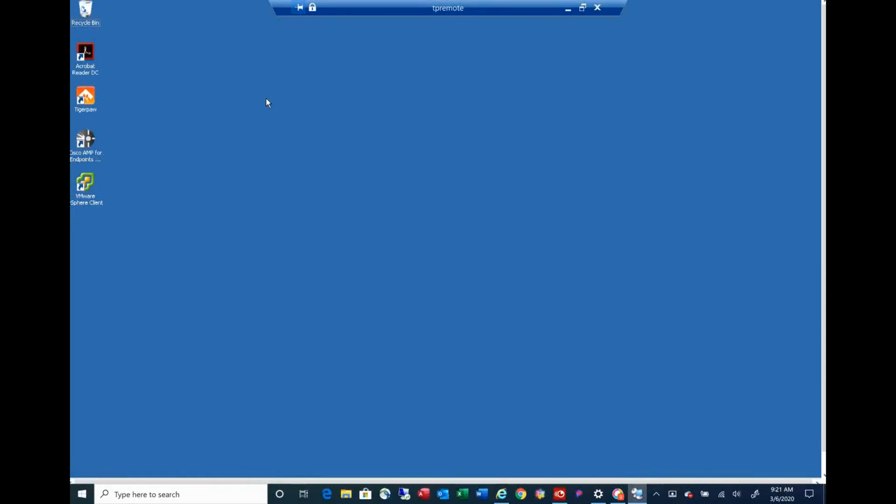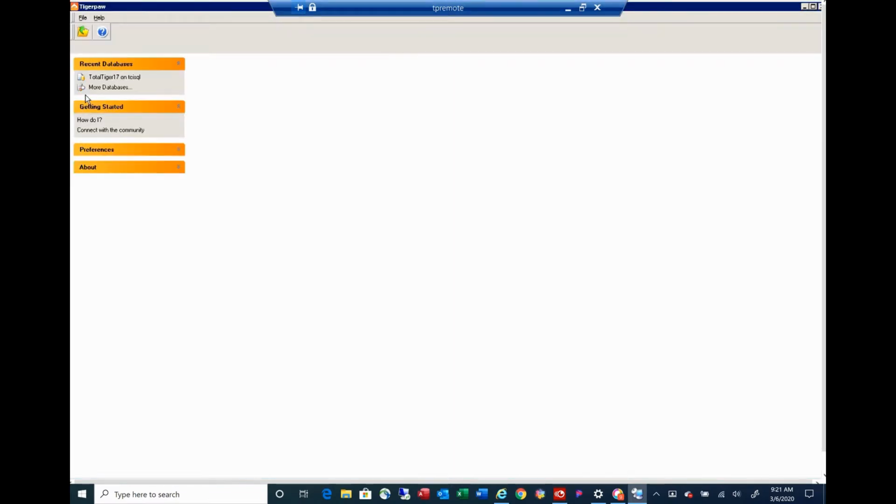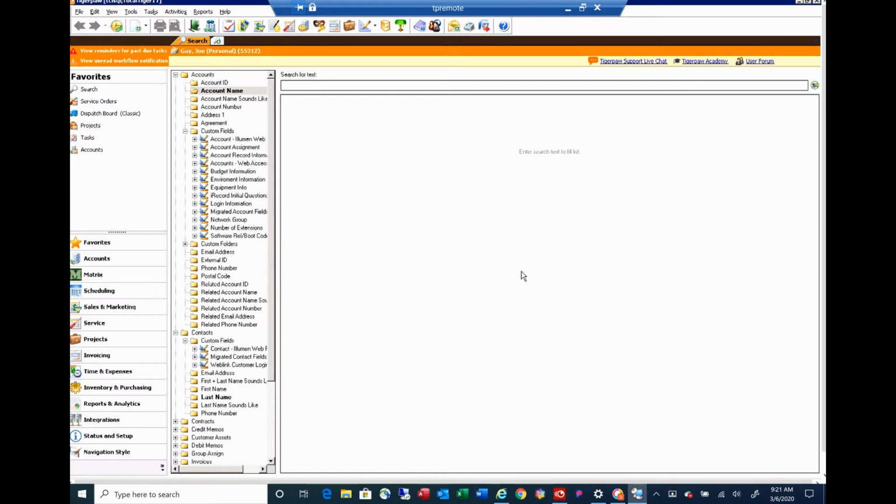Okay, so we're going to go through TP Remote. We're going to open up Tigerpaw, and we're going to step through adding a new account or finding an existing account, adding a service order under the account, adding a project under the account, and associating the project to the SO. And in this case, it's mainly opening the service order and the project. Service order to be a time log bucket or receptacle for the project, and the project just for basic project management tracking. So we open up the Total Tiger 17 database, and the first thing we're going to do is